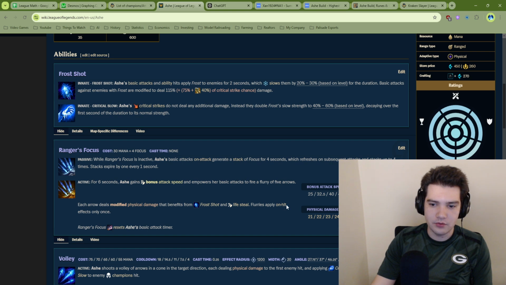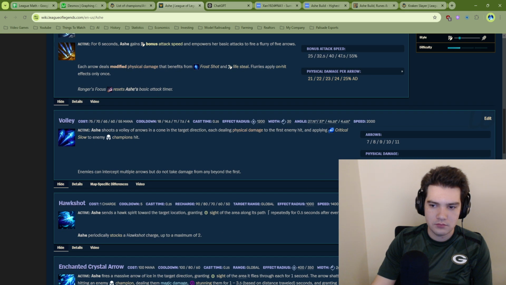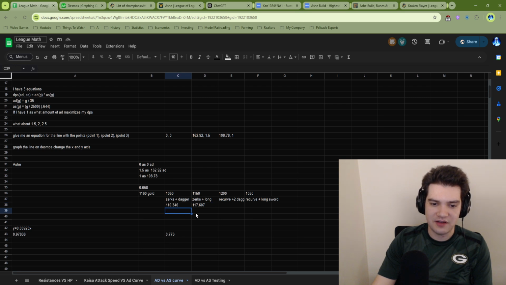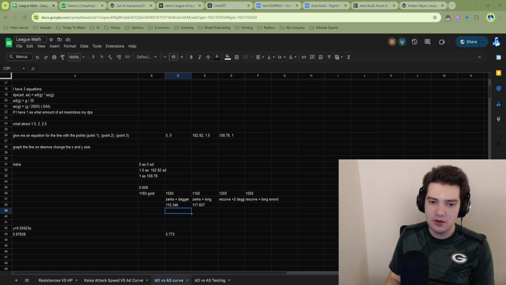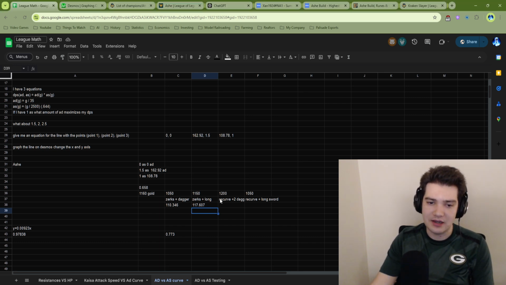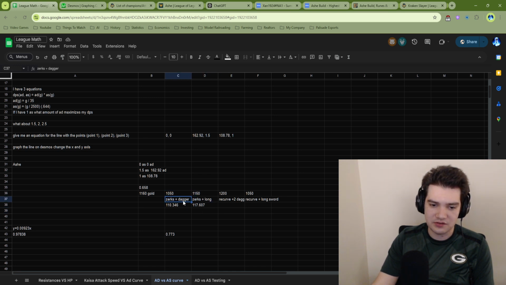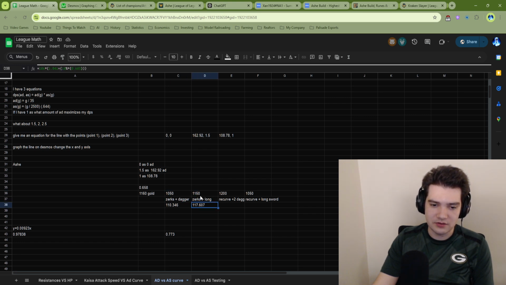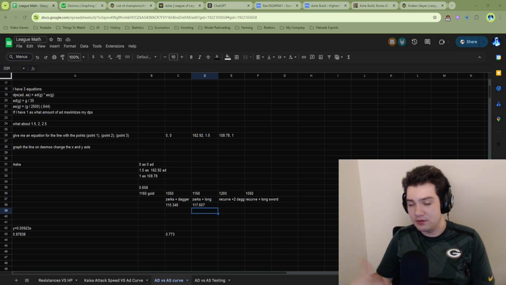Let's see here, W is 100% AD ratio. So yeah, now her DPS is 7 higher per auto attack, and his W is doing an extra 10 damage. Whereas with this one, your W is doing 10 less damage, and you're doing 7 less damage in auto attack. And these are the same because you get Zerks in both of these, so you're gaining the 20 movement speed in both as well. So it's clearly just better to go Berserker Greaves and Longsword here, but the guy is going Berserker Greaves and